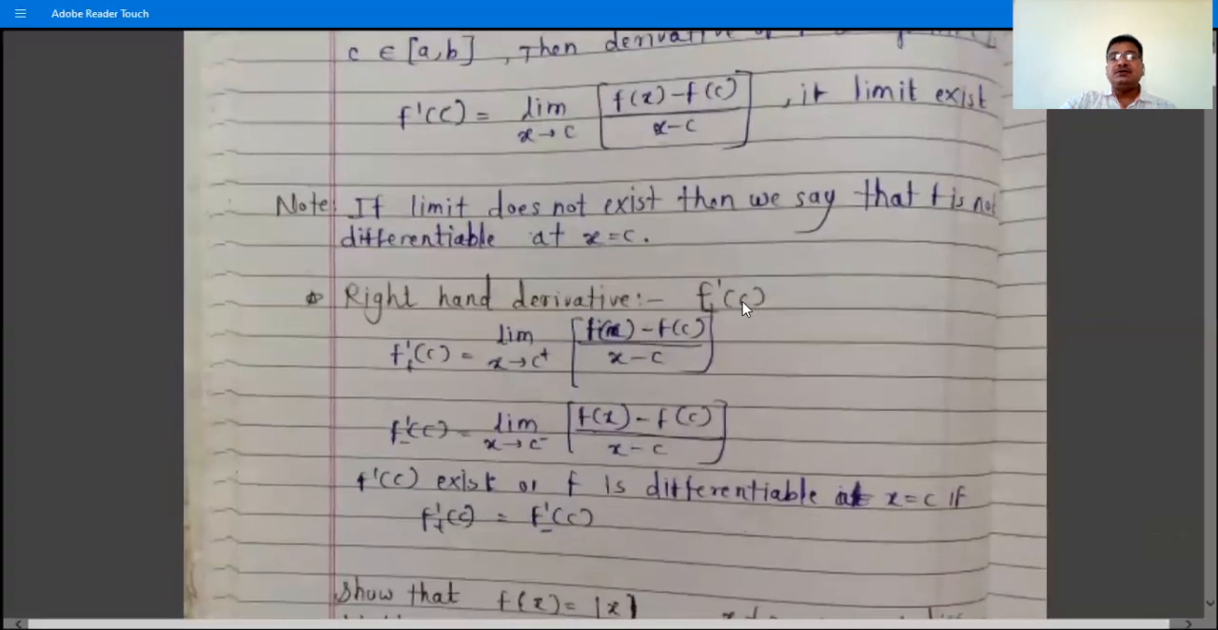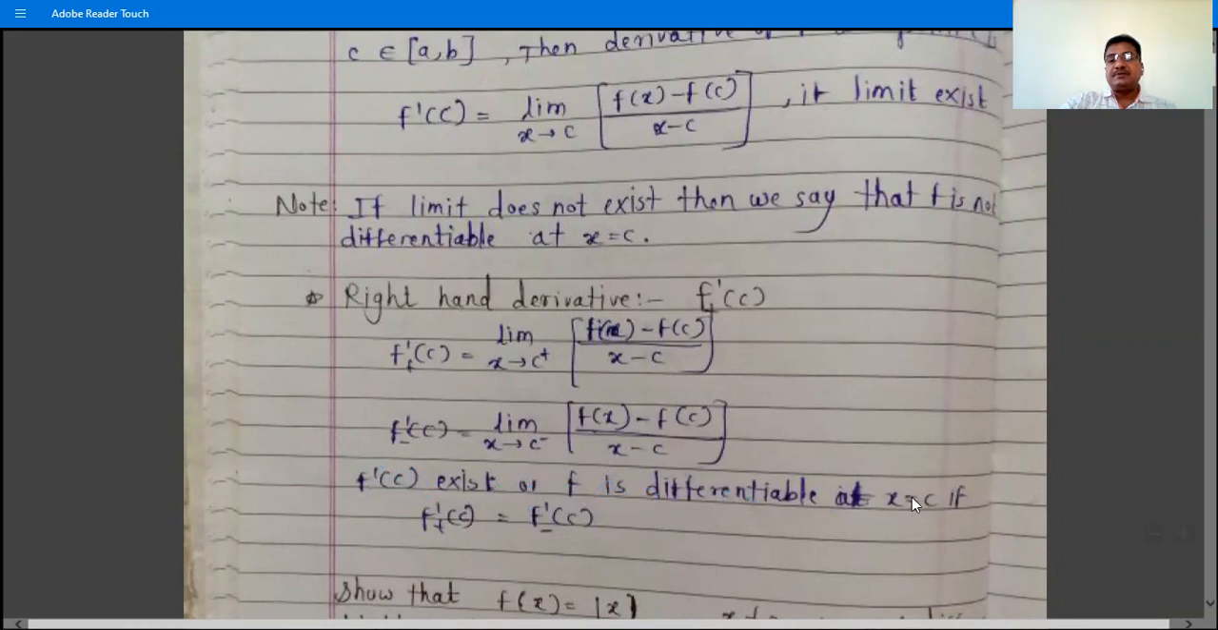Here is the definition of the right hand derivative. What is the notation? f dash c plus, with plus at the bottom of the f, is the limit as x tends to c plus of f of x minus f of c divided by x minus c, that is the right hand limit. And f dash c minus is the limit as x tends to c minus of f of x minus f of c divided by x minus c, that is the left hand limit. And we know that if the right hand limit and left hand limit are equal, then we say the function is differentiable. So f dash c exists, meaning f is differentiable at point x equal to c, if